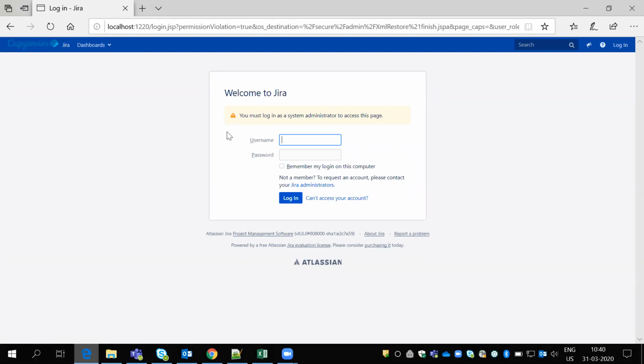So we need to log in through the 8080 credentials. The previous credentials we were using there, I need to enter here.